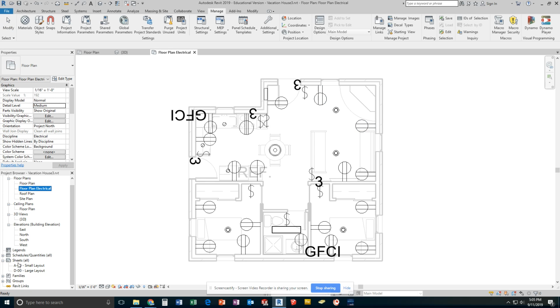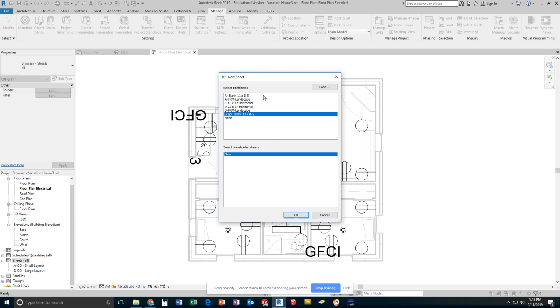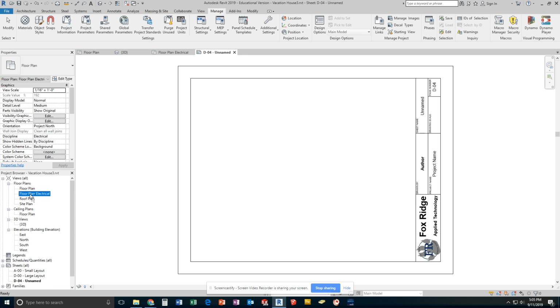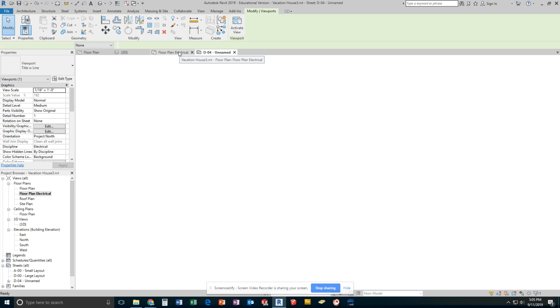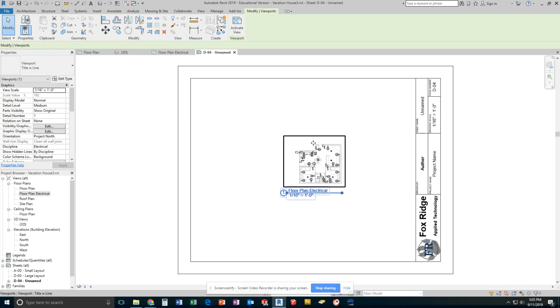We actually go to our sheets, right-click, new sheet, pick the FRMS landscape, size A, hit OK. And you'll come back and fill the title block in later, but if I put floor plan electrical on here, all I really have to do is put it on there. Okay? And now, when I come back to floor plan electrical, excuse me, I do need to actually increase that